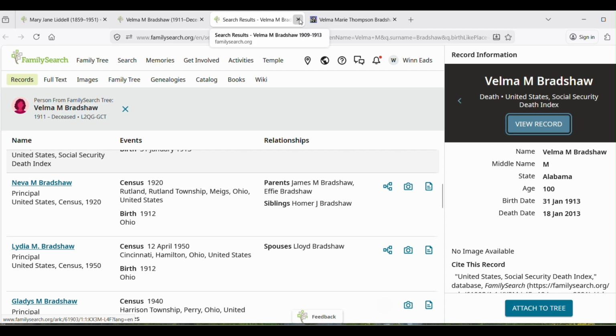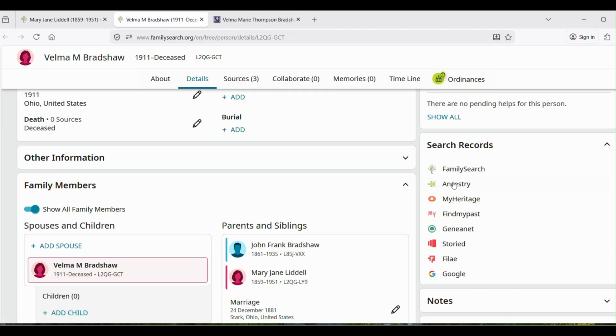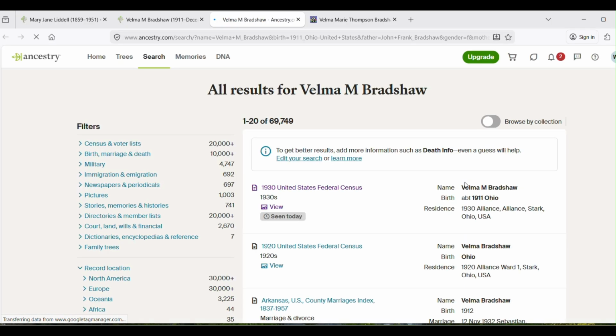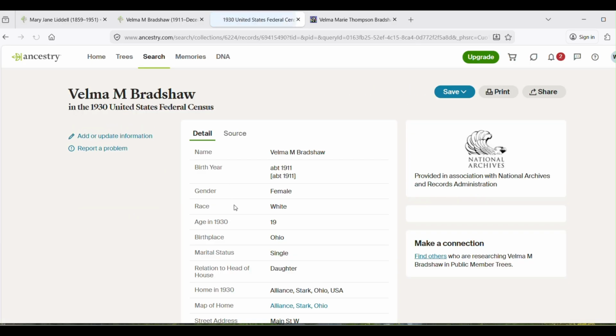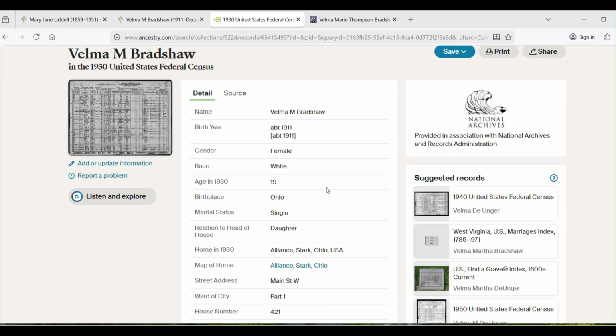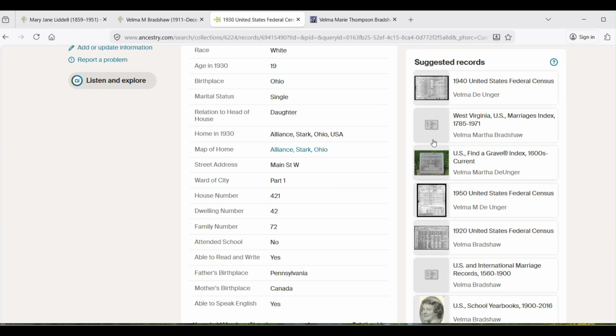So I'm going to get out of this one and I'm going to go to Ancestry. I'm going to find the right Velma. I don't know what her middle name is, but there she is, listed as 1911. This says Velma Martha.